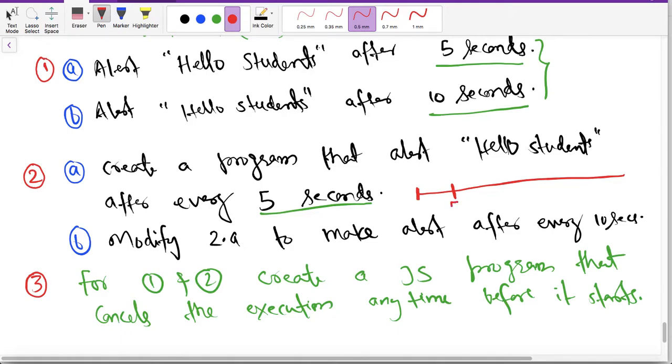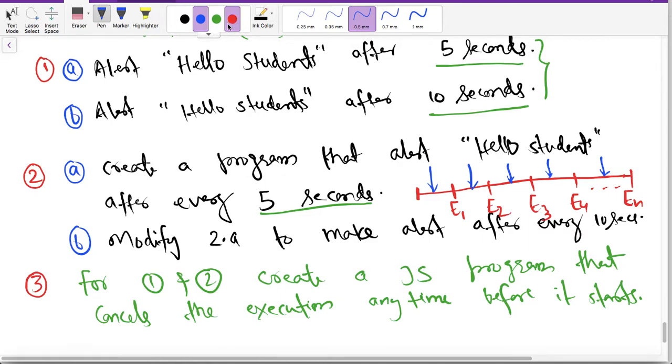The event will occur first time here, E1, then it will wait 5 seconds, then event E2, E3, E4, and so on up to En. You can stop this event anywhere before it occurs. So this is the difference between these two.